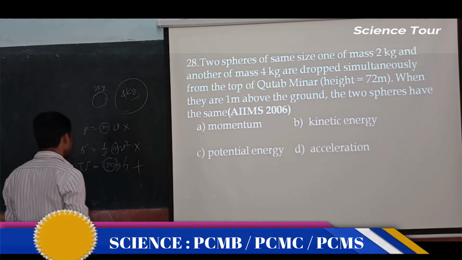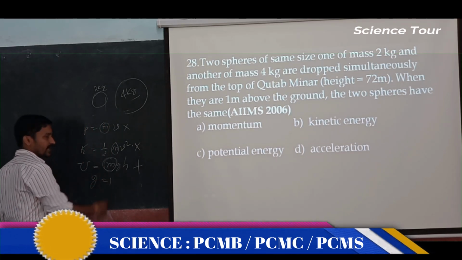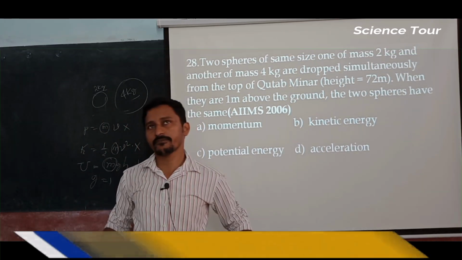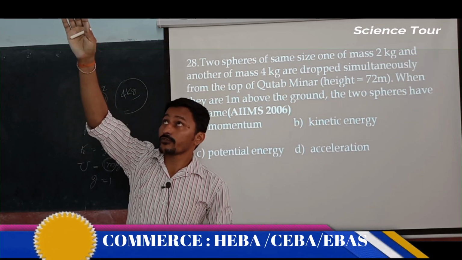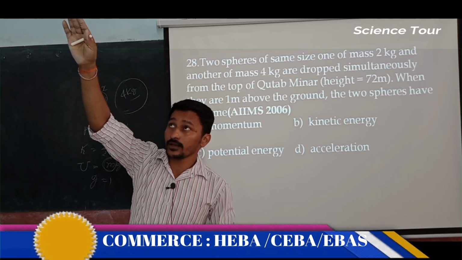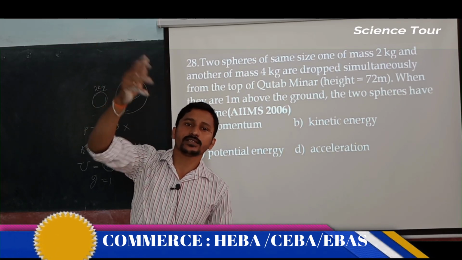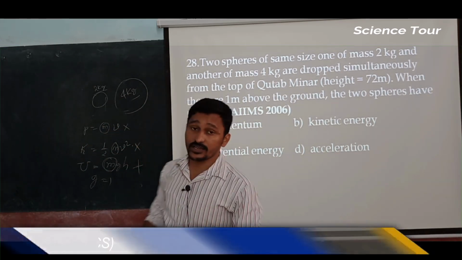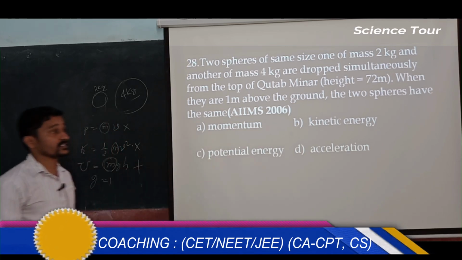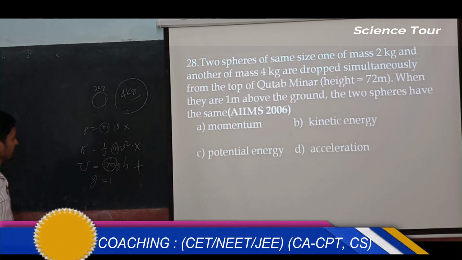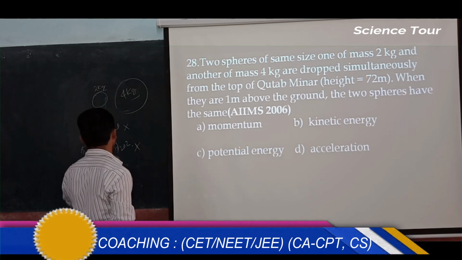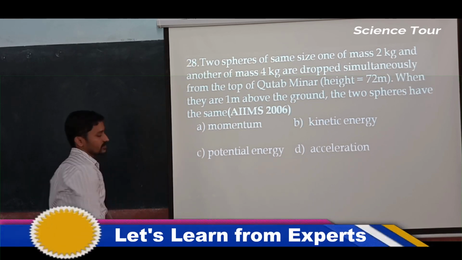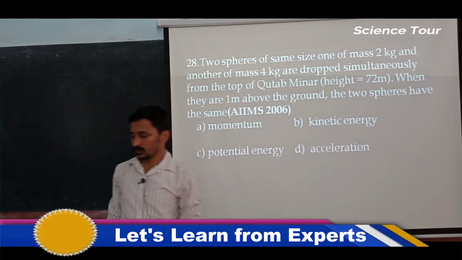Yes, because acceleration due to gravity, whether it may be 10 kg, 20 kg, 30 kg, whatever it may be. It may be a thin person or a fat person falling from the top of the building, who will have the same acceleration, a constant acceleration. It may be a 4 kg body or a 2 kg body, the acceleration does not depend on the mass. That's why here acceleration will remain constant. That is the answer for the question.